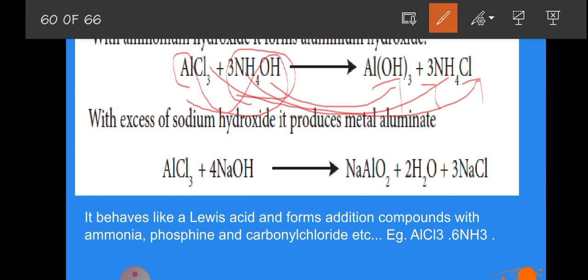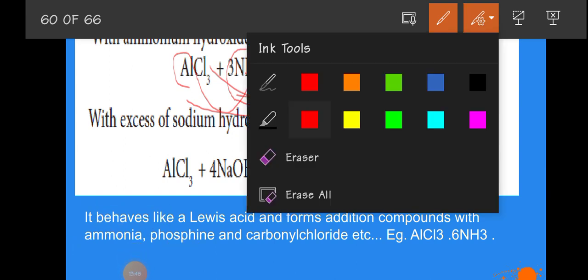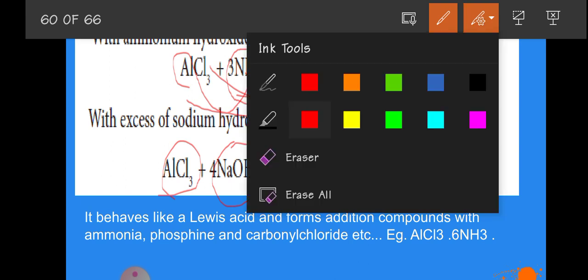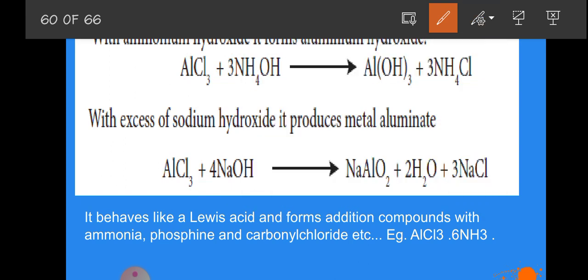The excess of sodium hydroxide produces metal aluminate. Okay, so next one is aluminum chloride with sodium hydroxide. So aluminum chloride already we know is a salt, and sodium hydroxide is a base. So when they are reacting,